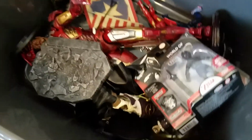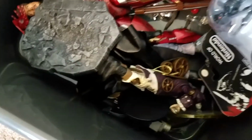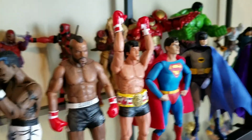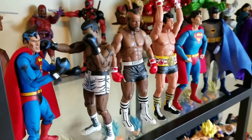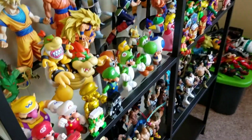There's a lot more other stuff in the other crate, but the Shadow Link from World Nintendo. Let's see, the NECA Toys 1/4 Unmasked Mark 7 Iron Man. I have to put him somewhere. There's a lot more stuff that I have to do. This review is coming up real soon on this thing. And yeah, that is pretty much it. So I'm going to continue to work on this and display more stuff. But so far,